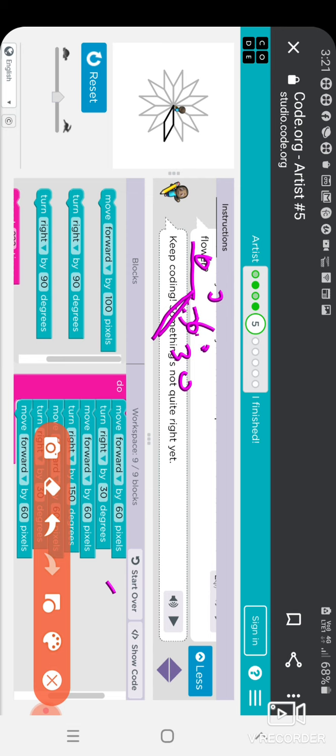Then again turn right with a 150 degree angle. Here we have to turn right 150 degrees, and then move forward again 60 pixels, then turn with a 30 degree angle, and then move forward 60 pixels. Okay, to make these beautiful flower petals.